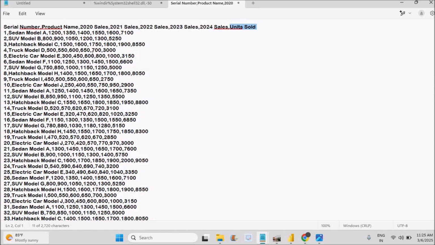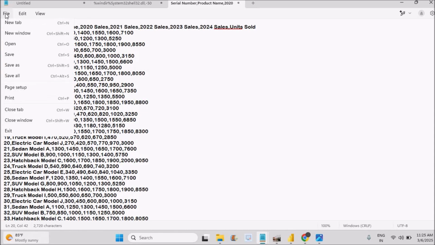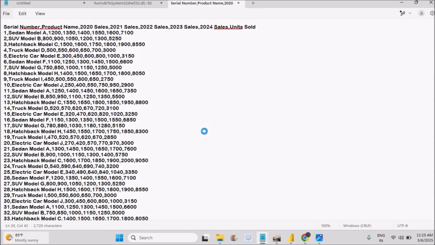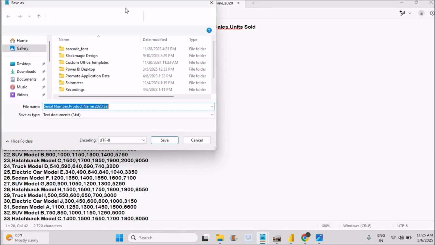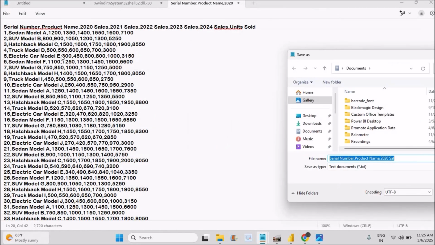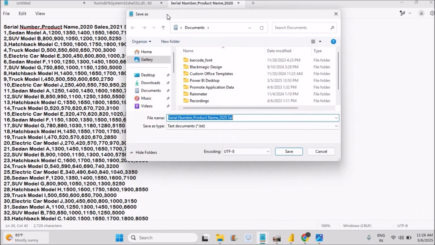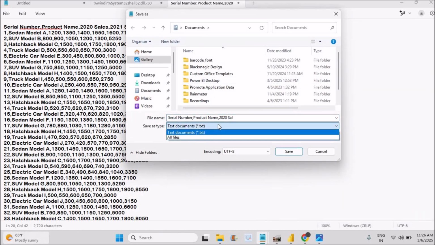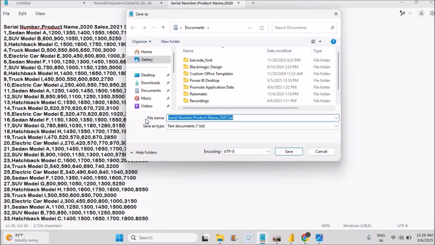It is pretty simple. Just make sure that this data is available in a Notepad file. See here, now I'll click on Save As. All these are comma separated values. If you observe here, for every value there is comma separation. Now, for the file name, I'll keep sales dot csv. You need to give something like csv dot csv, comma separated values,